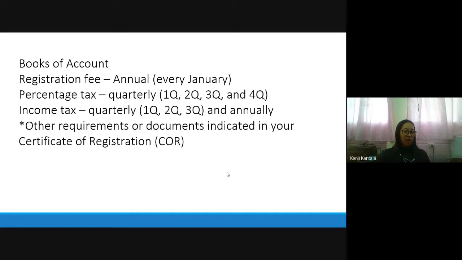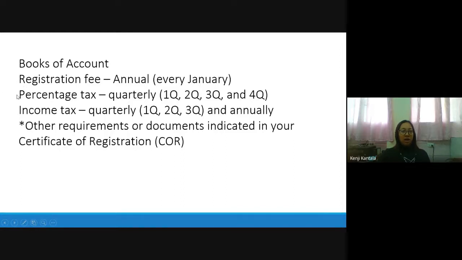Yes. Okay. So, with that, so as you register with the Bureau of Internal Revenue, ito yung mga ma-encounter nyo na kailangan yung i-comply. So first, you need to comply with your books of account. So yan na yung ginawa natin kanina. And then also, you need to do your registration. So that is annually, every January yan. Huwag niyong kakalimutan to kasi malaki ang penalty niyan. And you are not allowed to do your business without complying with this annual registration fee. So I think this is 500 pesos.